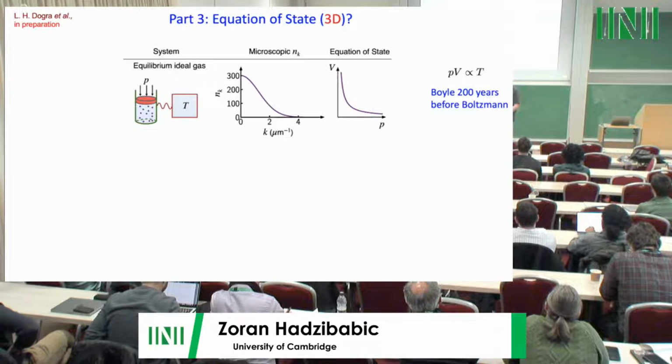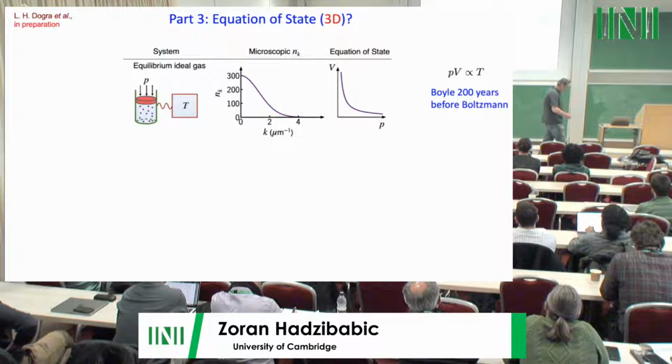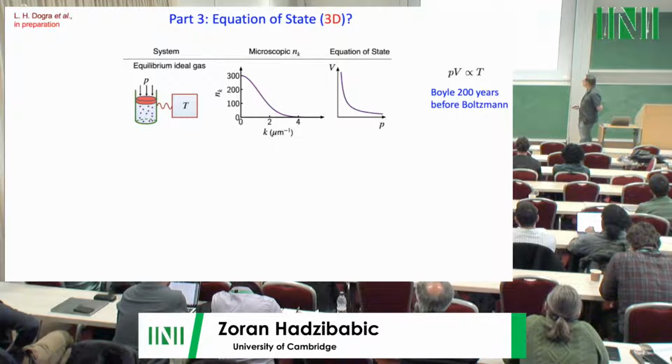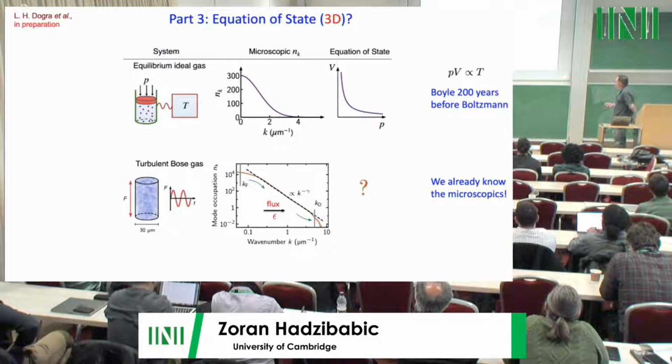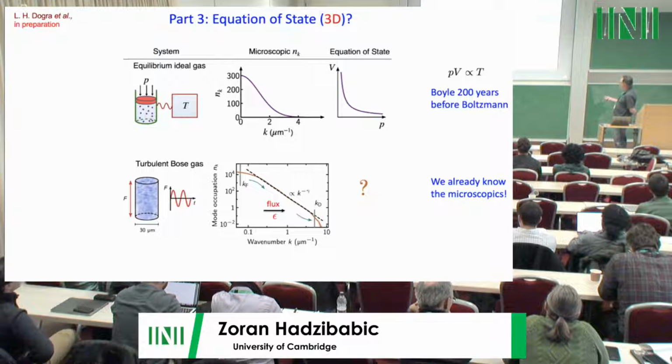Right? Could be any kind of pot. Right? So all these things are sort of integrated out, and the key macroscopic properties of this many-particle system are captured elegantly by an equation of state. And so the question is, to what extent we can do an analogous thing for our turbulent Bose gas, where we're in a fortunate situation that we already know the microscopics. We actually know the momentum distribution.